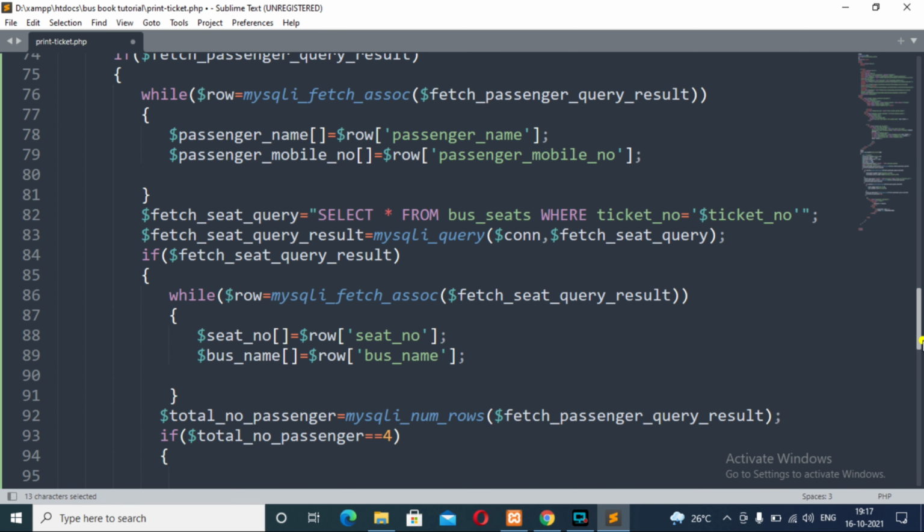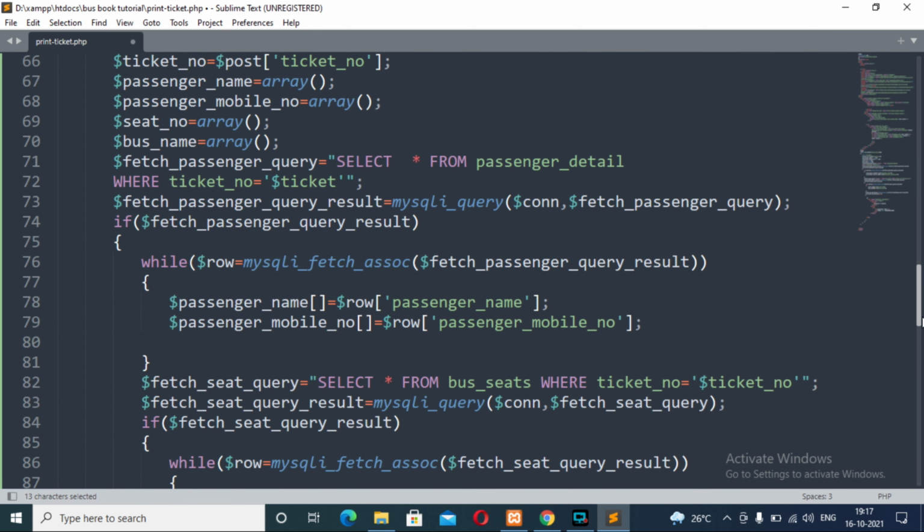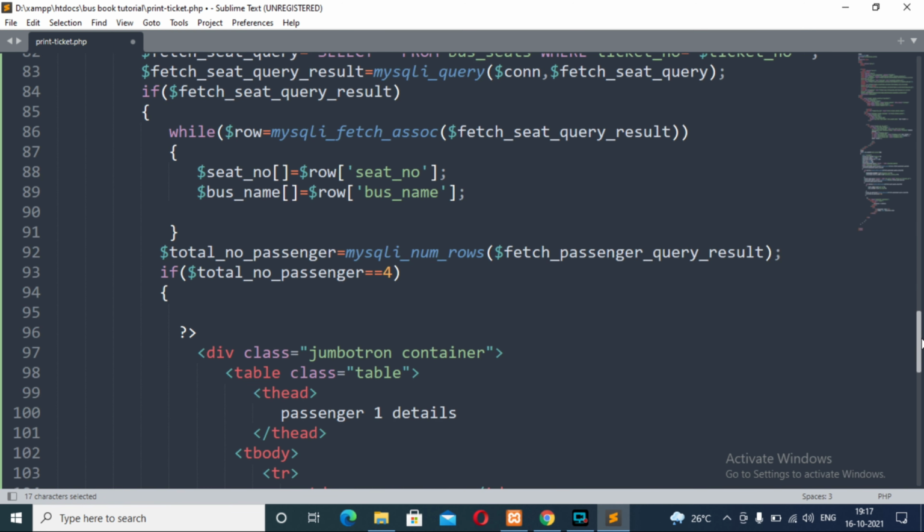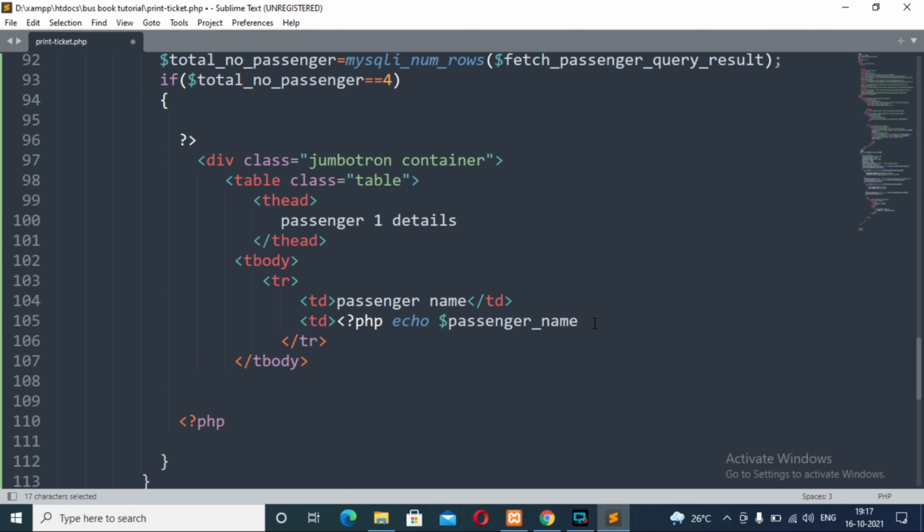It is declared here, passenger name, okay, as you can see, a PHP array variable. So here we will pass the index 0 because we are fetching the 0 index of our passenger detail from our database present on the server.